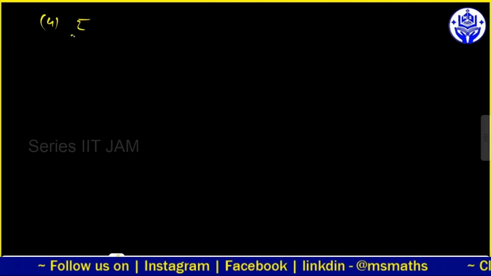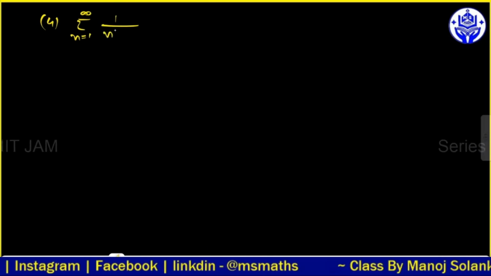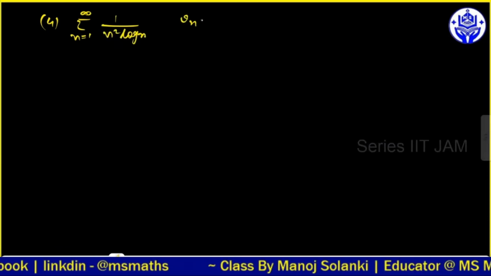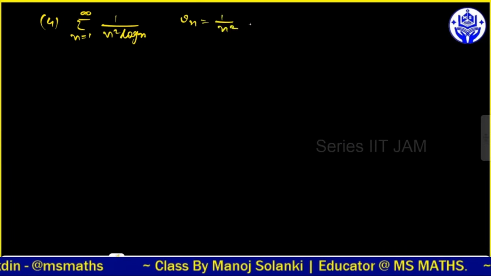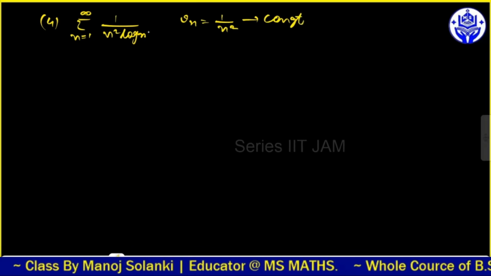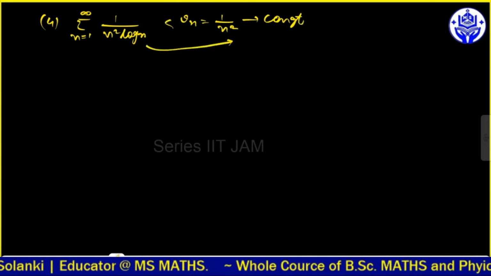फोर्थ एग्जांपल के बारे में हम डिस्कस करते हैं। समीशन n इज इक्वल टू 1 टू इनफाइनाइट। अगर आपके पास में ऐसा है n स्क्वायर लॉग ऑफ n, इसको अगर चेक करना है तो हम यहाँ पे Vn एज्यूम करेंगे, और Vn जो हो जाएगा n स्क्वायर हो जाएगा, और n स्क्वायर क्या होता है, कन्वर्जेंट होता है, तो ये Un भी कन्वर्जेंट हो जाएगा। बिल्कुल सिंपल सा कंसेप्ट है।